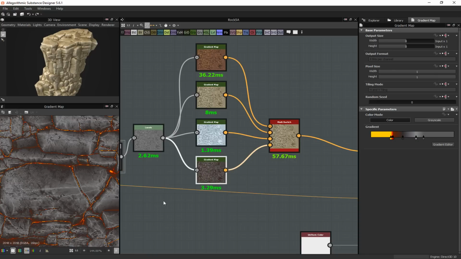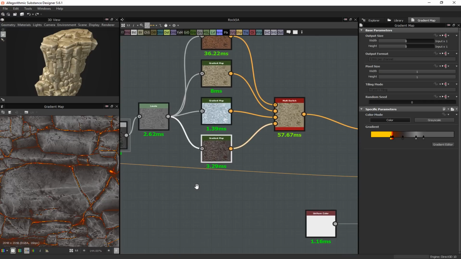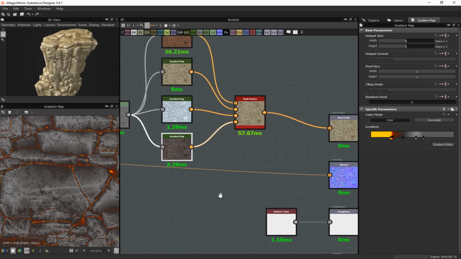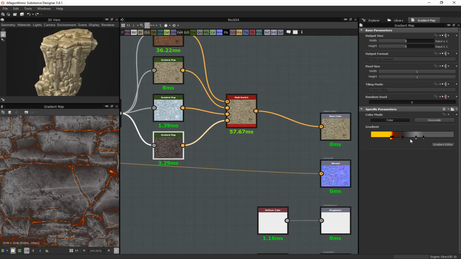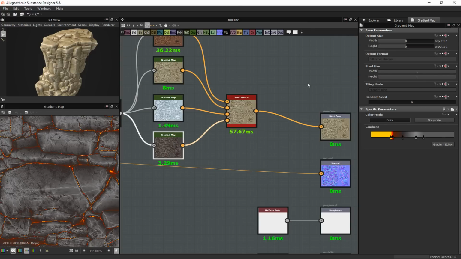Now note that this lava is not using any emissive maps right now. If I wanted to do an emissive map, I do believe I would have to create a new substance for that. We'll see. I haven't really experimented with that much. What's notable with each of these gradients is the amount of control points we have. So for instance, my inner glow here, I'll just bring open the gradient editor. There's a very small range and a very small set of colors. We've got really 1, 2, 3, 4, 5, 6 colors that define all of this,